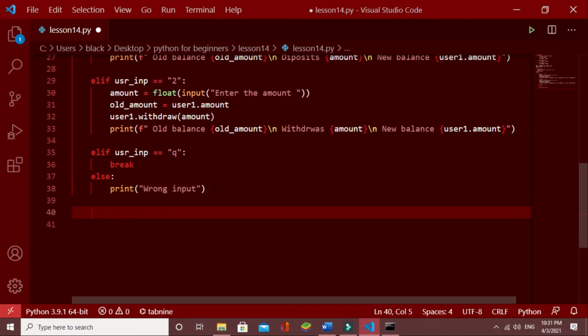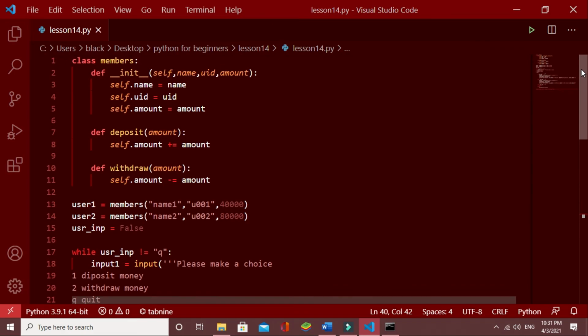And lastly, after this loop, let's give the user a message like this: print thank you for using our service. And that's it. Let's run this and see what will happen.